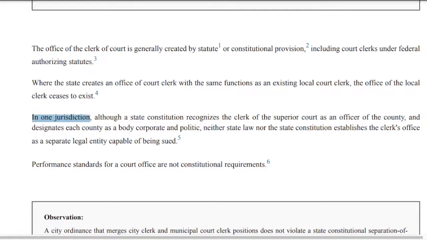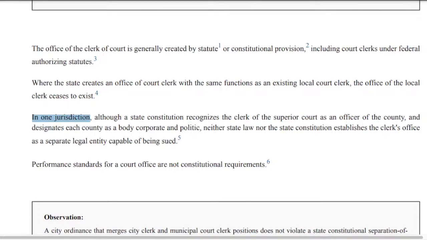In one jurisdiction, although a state constitution recognizes the clerk of the Superior Court as an officer of the county and designates each county as a body corporate and politic, neither state law nor the state constitution establishes the clerk's office as a separate legal entity capable of being sued. So there's part of what you're saying there, right? If the clerk does commit some kind of official mess, it may be that, depending on your jurisdiction, see, it says in one jurisdiction,